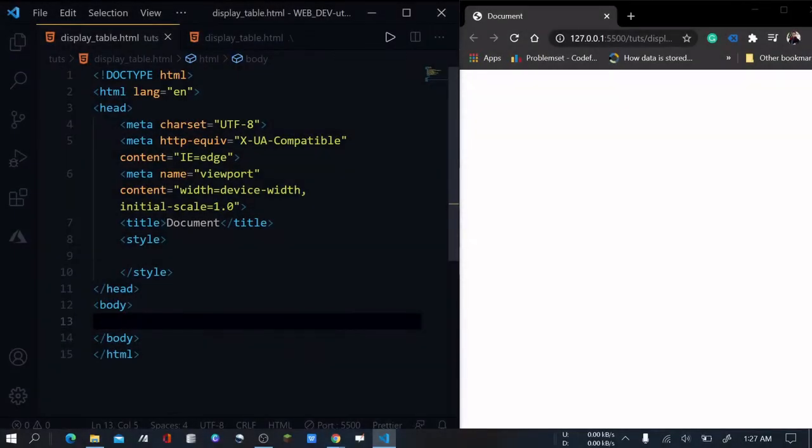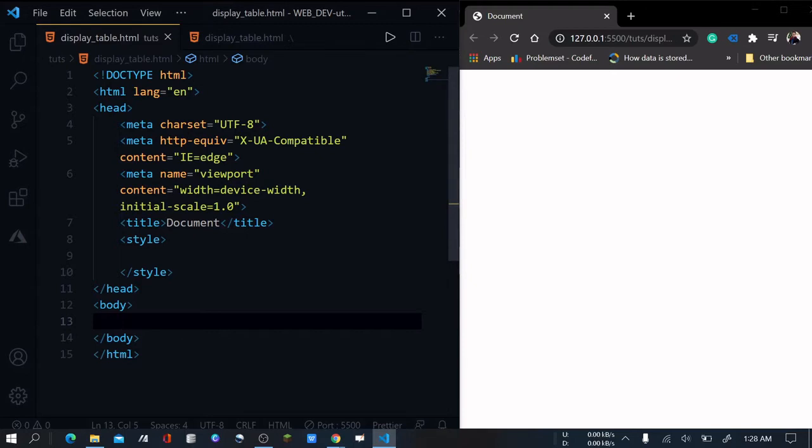Hi. So in today's video, I'm going to explain the CSS display table property. I will explain how you can use the display table property correctly and how it actually works. To explain it, first I will create an actual table by using the table tag. You might have studied the table tag in HTML and how you can create a table using it. I will show you now.